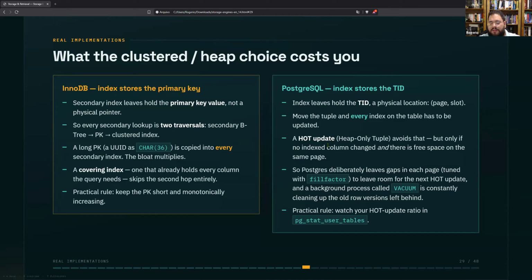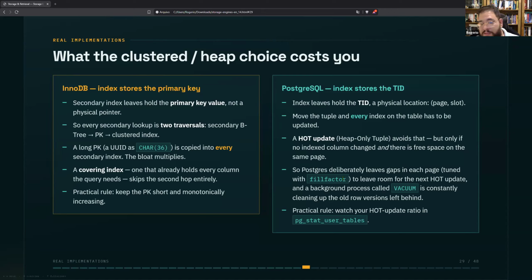And we have something very interesting in Postgres that is something called a HOT update, because when you move the tuple, literally, if you move the tuple, every index on the table itself has to be updated, because when you do some change in your B-tree, actually you are changing the heap table. So there's something called the HOT update, and it's a heap-only tuple that avoids that. It's a mechanism for Postgres. And we have a lot of pretty advanced mechanisms in Postgres. It's a great database, okay, guys?